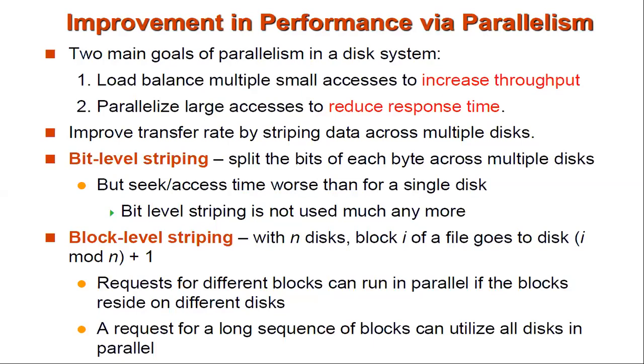So to improve the transfer rate by striping data across multiple disks, how can we achieve this parallelism and improve the performance? We use the concept called striping. In the RAID arrangement, we use the striping concept, and there are two types: bit level striping and block level striping. First you need to understand what striping is. Striping is just fixing or attaching something on a particular disk. You are going to fix, attach, or store a piece of your data on the disk physically.